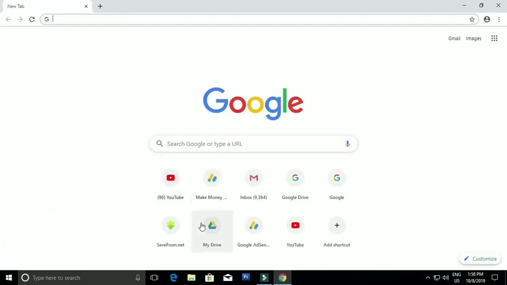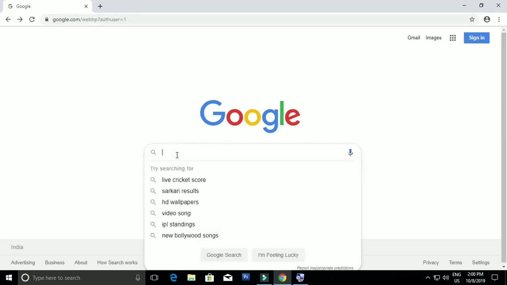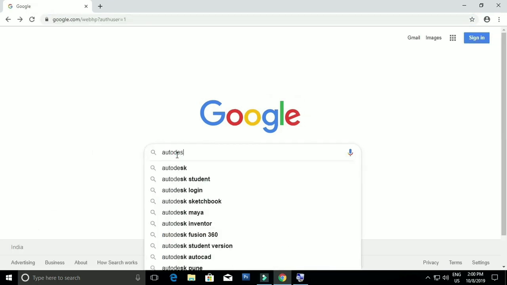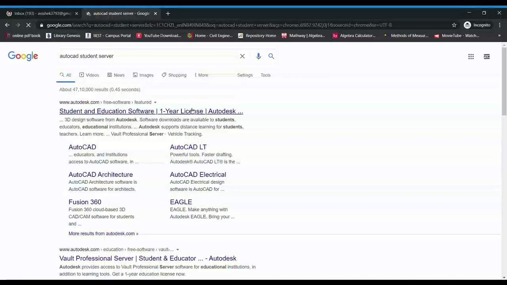To create Autodesk student account, first you open your Chrome browser, then search Autodesk student server. After that, go to the first link.